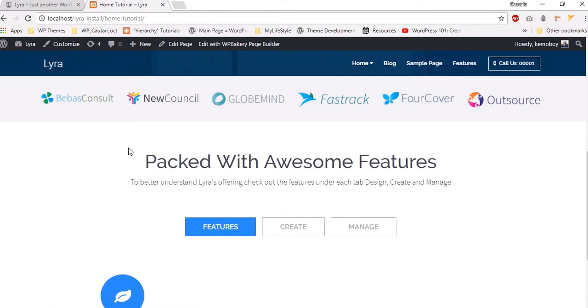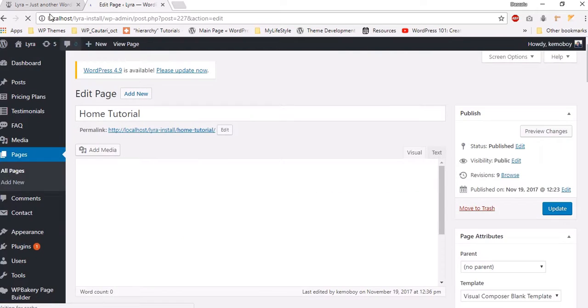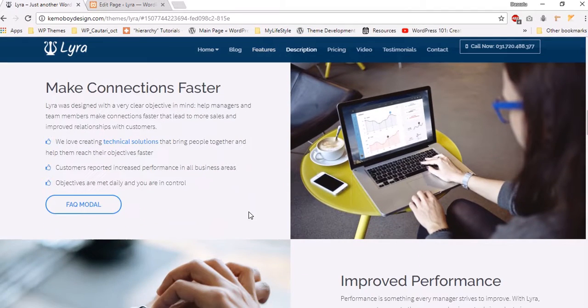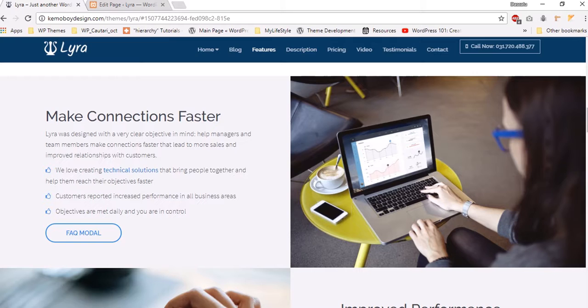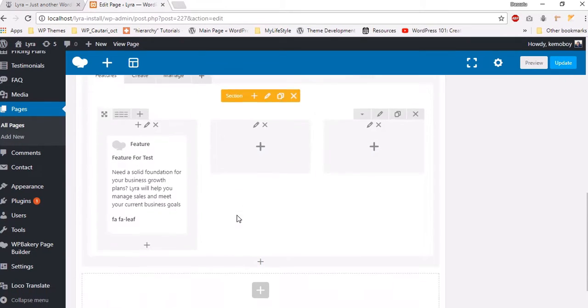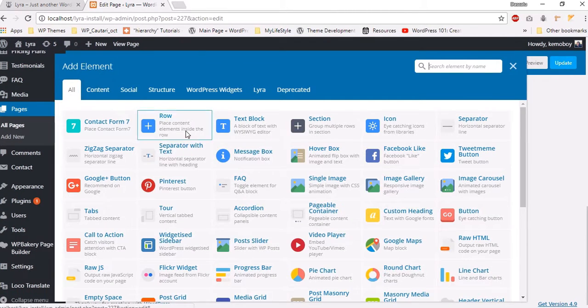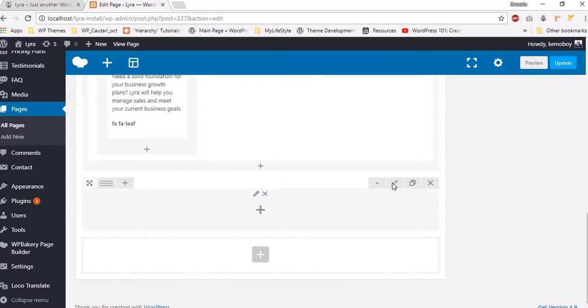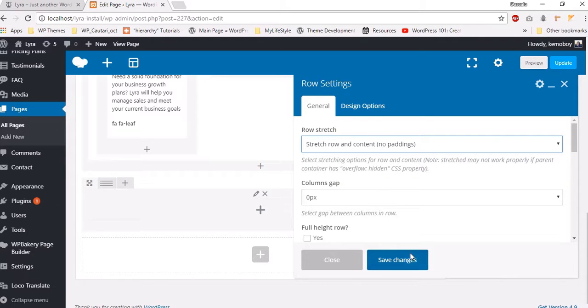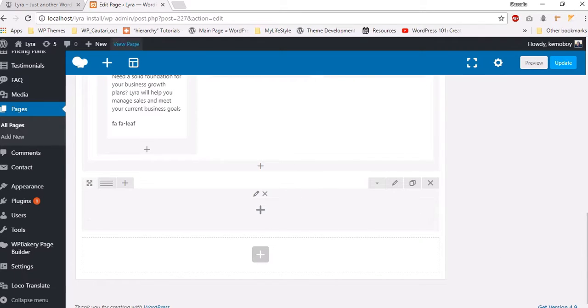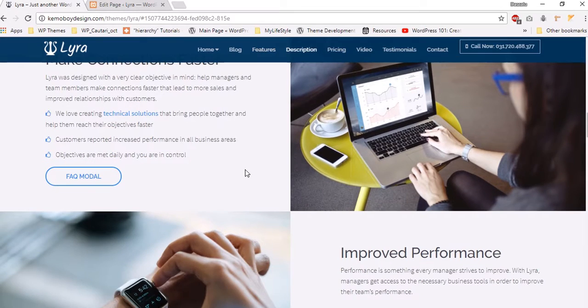Alright, you can add whatever much space you want. Alright, the next section you want to set up is this one over here, and this one is a little bit tricky, and I'll show you why. Alright, let's go and add a new row, and let's go to this pen and select Stretch Row and Content with no paddings. Click OK. For this row you may have to give this color to the row,